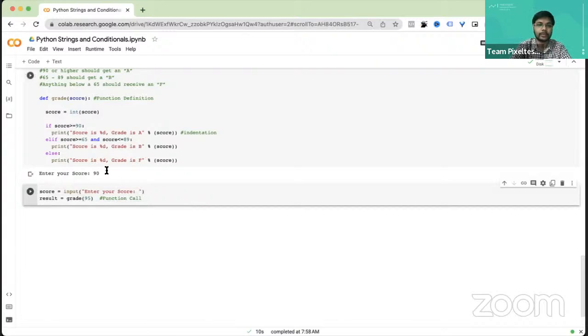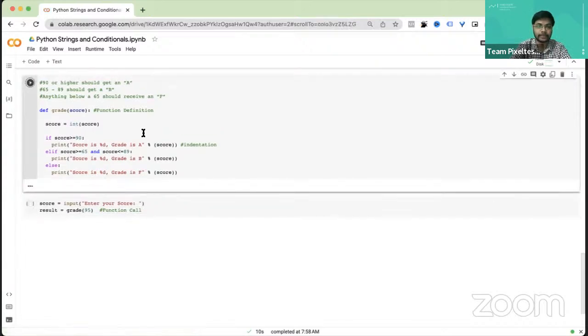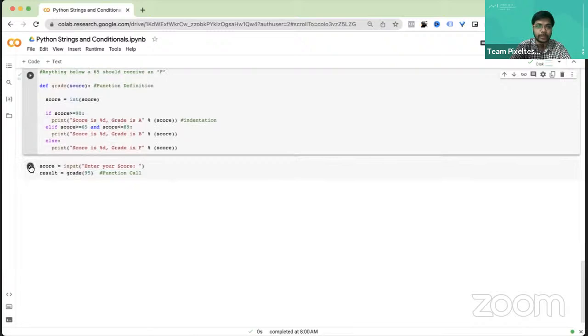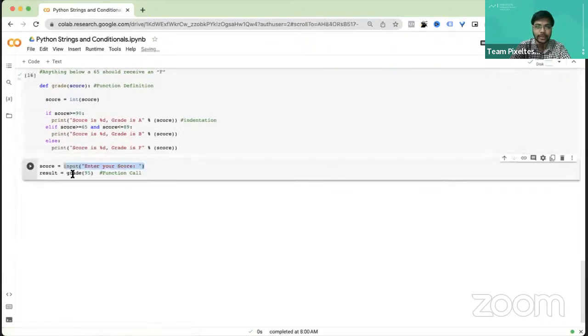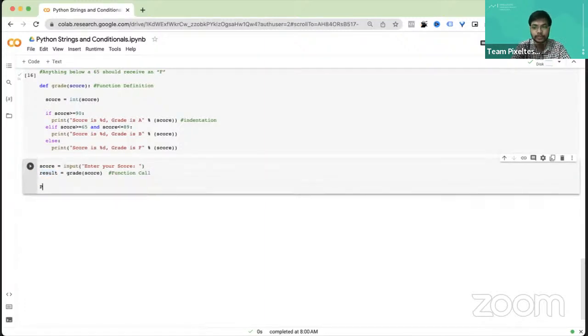Now, if I'm going to run this, the function definition is clear. First, we'll take the input and save it in score and pass that score here. So instead of 95, I'm going to say pass score. So whatever I'm taking as an input is going to be passed here, and then the function will execute based upon whatever the input is, and is going to save the output in this result, right? So you can note that I'm not printing the result. So I can say now print